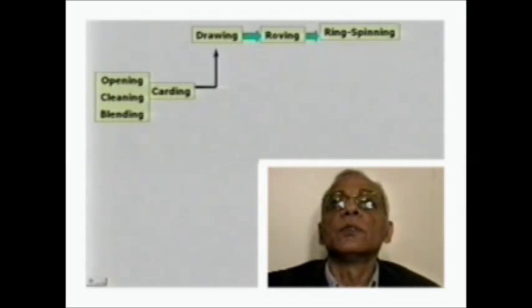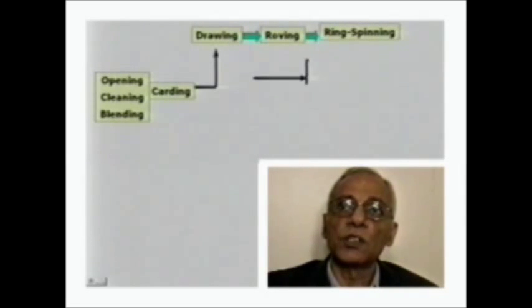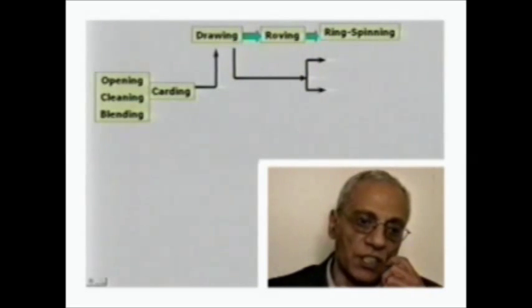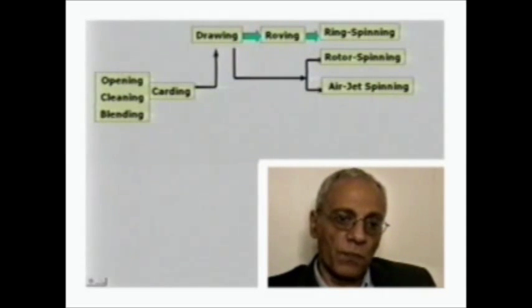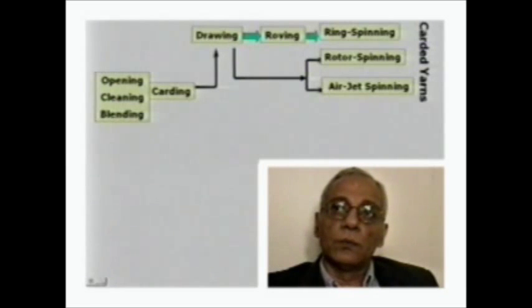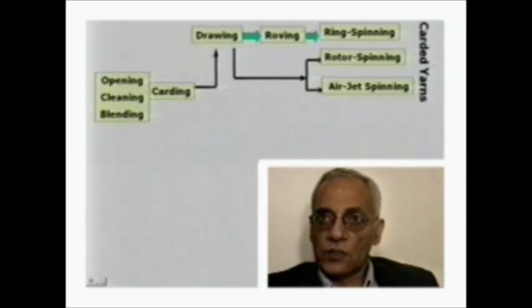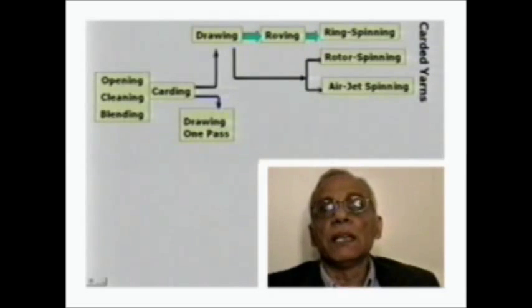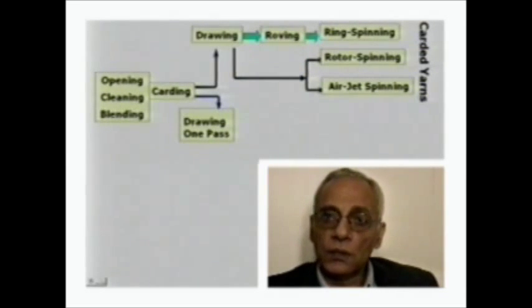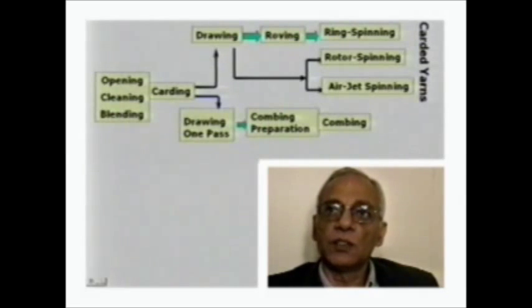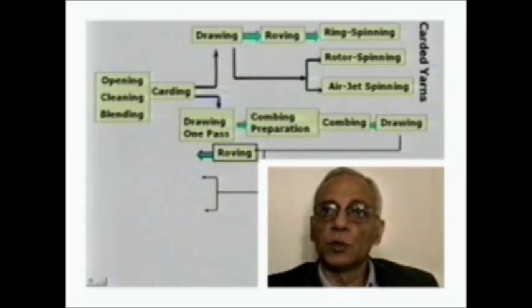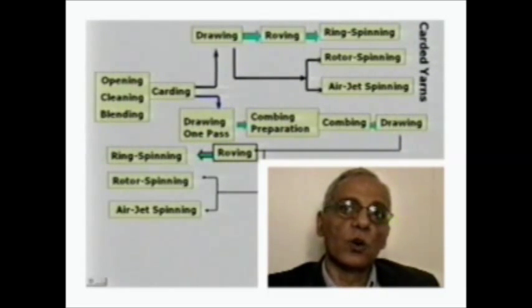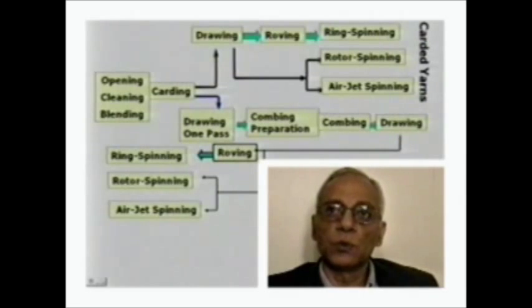The alternative to that was to take the drawn sliver directly to one of those new technologies of spinning, either air jet or rotor spinning, to make carded yarns. We also mentioned that we can make a combed yarn via the addition of the combing preparation and combing. And again, after drawing, we go to roving to make ring yarn, or we take straight from drawing to rotor and